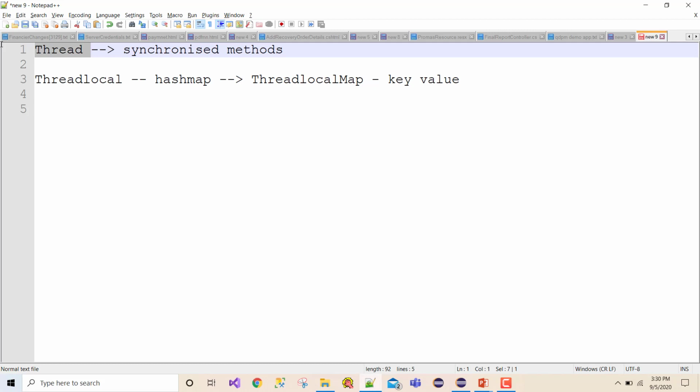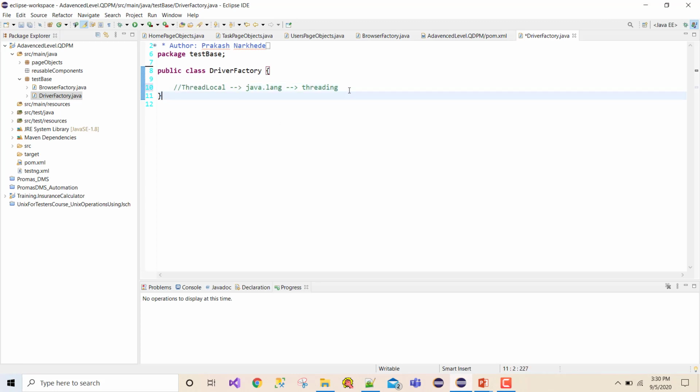Okay, now let me come to the actual code, what we are going to do as a part of our driver factory. The point here is we are going to use something called ThreadLocal. Now we are going to use a couple of concepts. The very first thing is there is something called a design pattern. Why did this design pattern come in between? Design pattern is just a concept. It represents the best practices for better design of your system architecture.